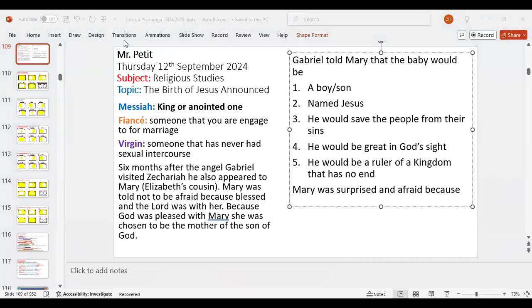Or he could have put her away privately, and that's what he decided to do, but God intervened and told him, hey, no, don't do that. The child that she has is actually from God. So Mary was surprised and afraid because